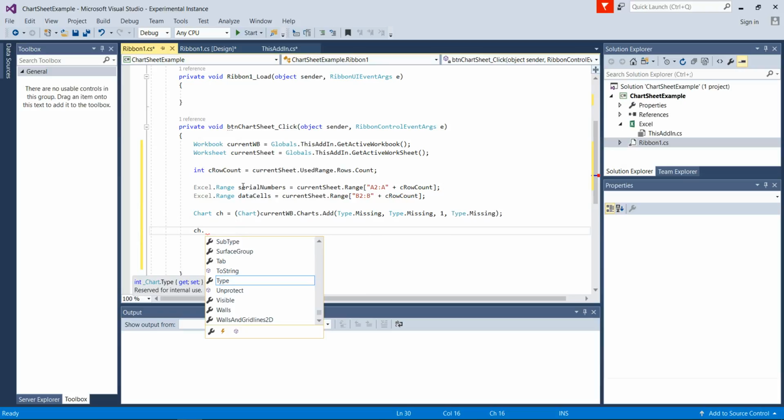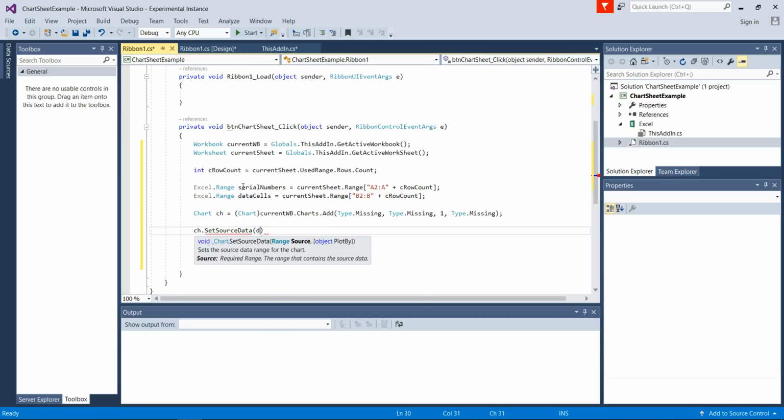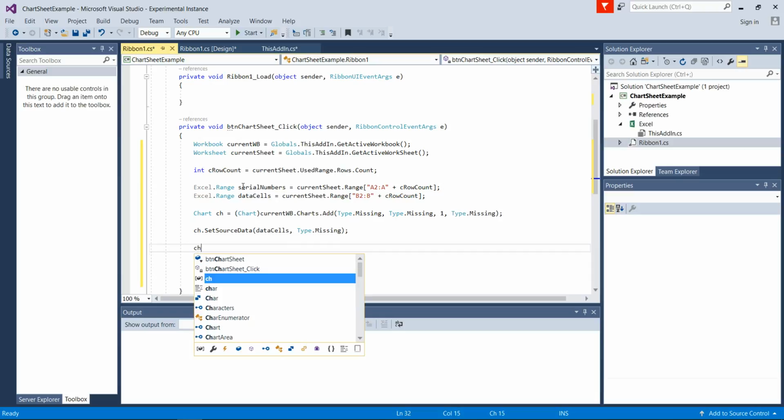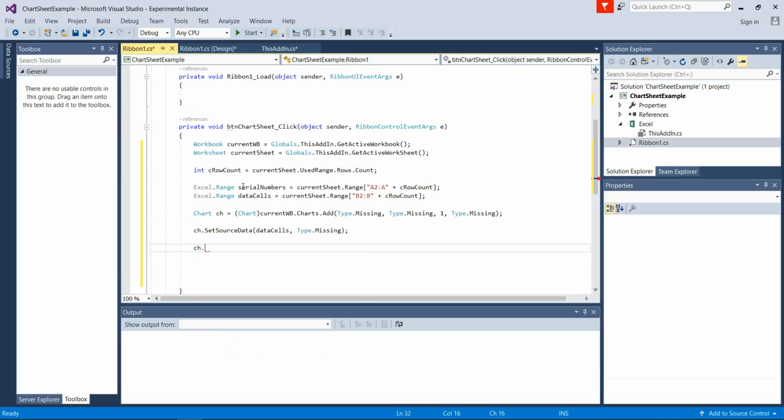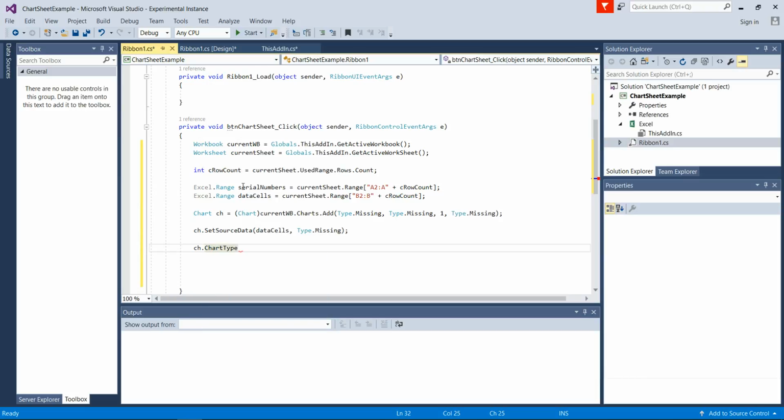So ch dot set source data, and then of course that'll be the data cells, and add type. Don't worry about that. For now, let's just go type dot missing. Okay. So we got, let's see. Now we need to say, what kind of chart is this? Ch dot chart type. This will be a line chart equals